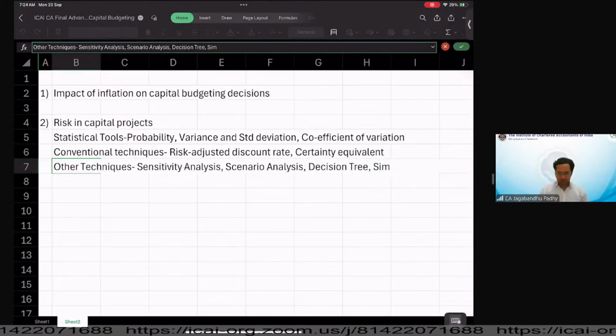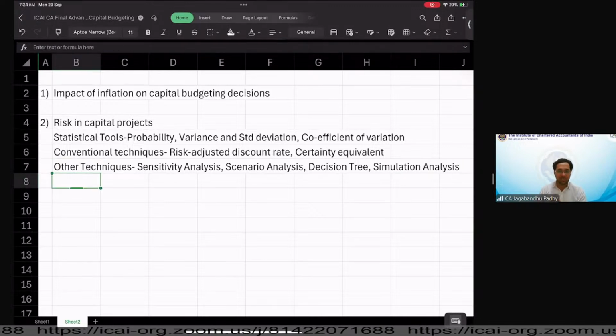After that, we have something called simulation analysis. It's called Monte Carlo simulation. Again, this is a new technique which you will be learning. And this is a new statistical technique also. So at this juncture, you'll be learning something new about the statistical technique of Monte Carlo simulation also. So this is again a really interesting topic where the future is something which we are trying to visualize and look at the possible outcomes of our simulation.